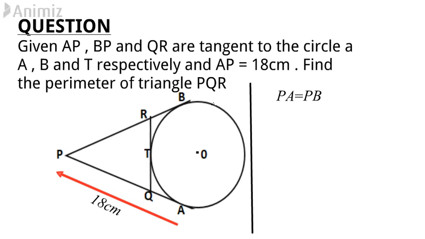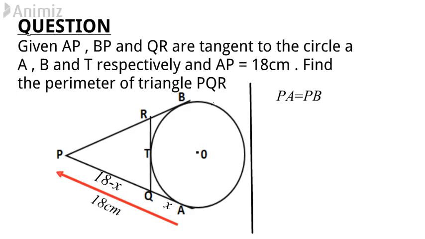So in the question, we were given the length AP to be 18 centimeters. AP, that's from A to P, to be 18 centimeters. Okay, so for a start, let's assume that length QA is equal to x. Length QA to be equal to x. So if length QA is equal to x, then definitely PQ will be equal to 18 minus x, right? Okay, so that whenever we add 18 minus x plus the x, it will give us the original length as